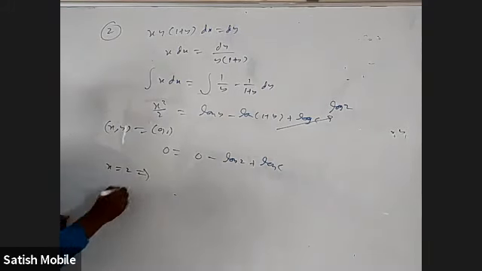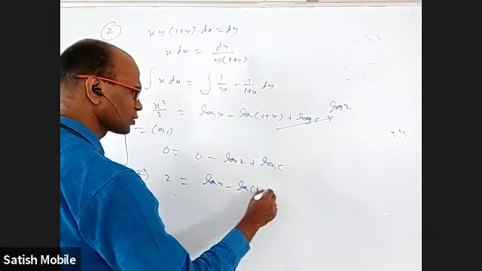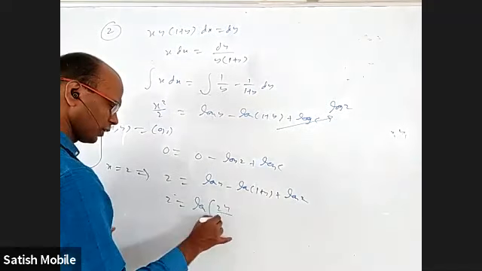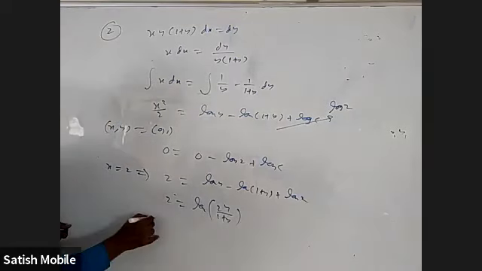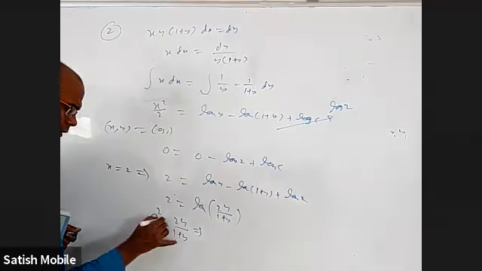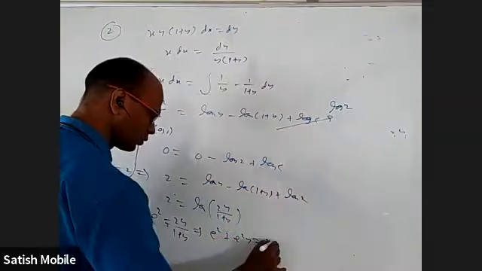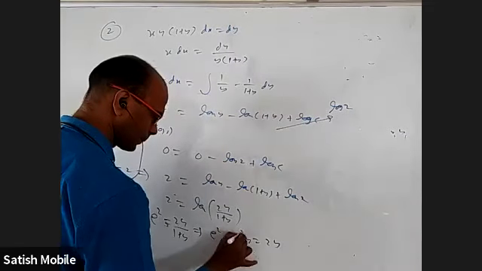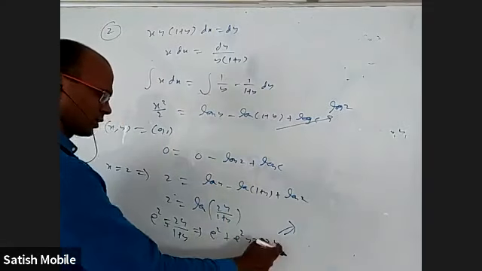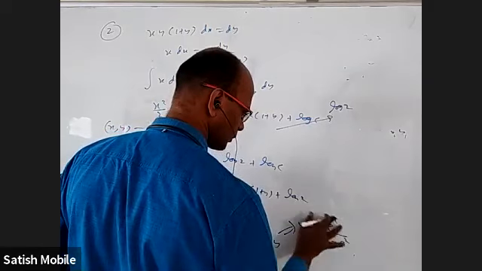When I put x is equal to 2, this will become 2. This will become log y minus log of 1 plus y plus log 2. That is 2 equal to log of 2y by 1 plus y. If you remove log, you will get e square is equal to 2y by 1 plus y. Do cross multiplication and find what is y. So you'll get e square plus e square y is equal to 2y. I can send this one that side and bring it down. Now y is equal to e square by 2 minus e square.